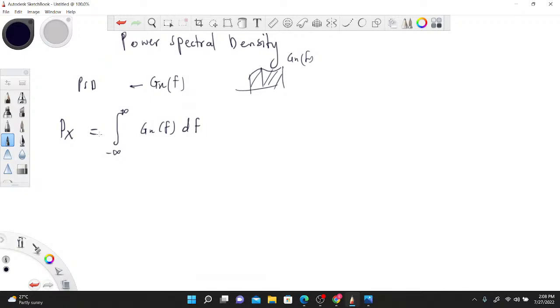Okay, sure. So now let's move on and see something very interesting happening here. How do I get this Gx of f? This Gx of f here is a discrete sum of, just pay attention,